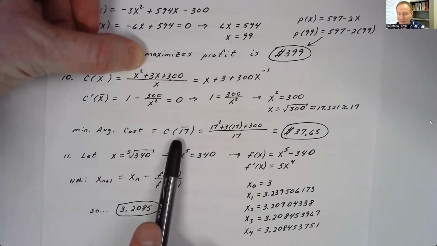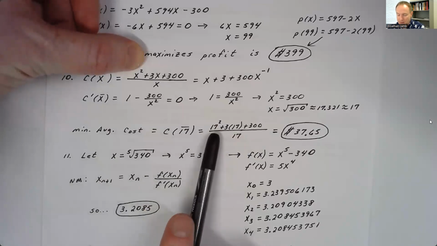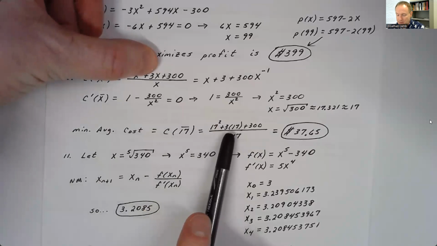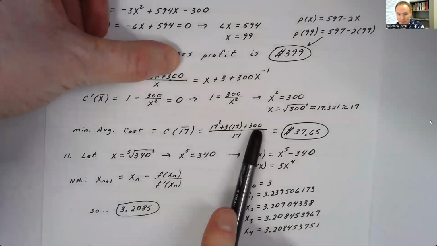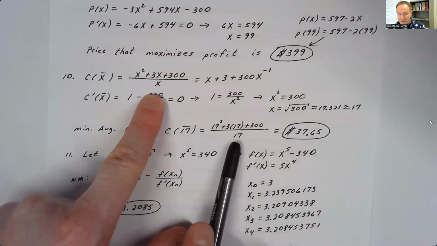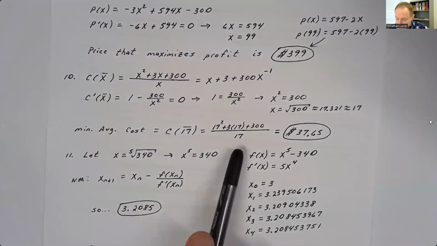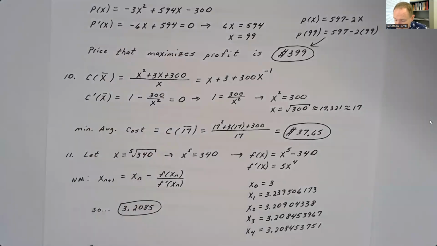You get 17 squared plus 3 times 17 plus 300 all over 17 in the place of the x. And when I did that, I got an average of $37.65. Of course, we round that to 2 decimal places since it's money